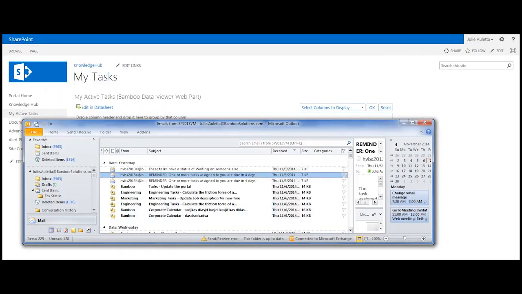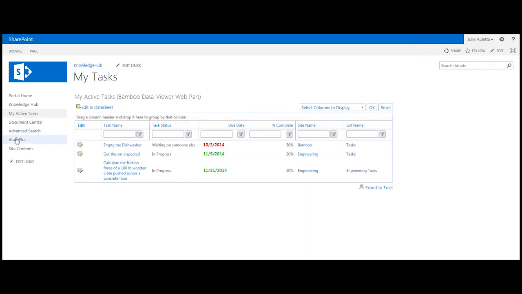So with the Alert Plus, what I'm able to do is send reminder emails. And when it comes to tasks, those are very important because I usually want to be reminded, number one, if tasks are overdue, so I can come in and update the status. Usually I don't forget to do the work. What I more typically forget to do is come in and update SharePoint. So if that information can be pushed to me via email, I have a better chance of keeping things updated